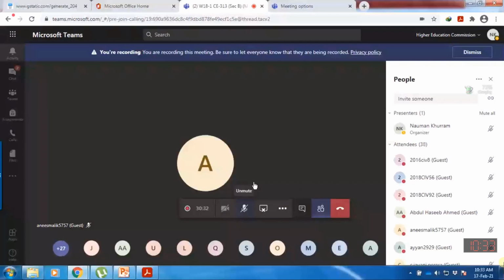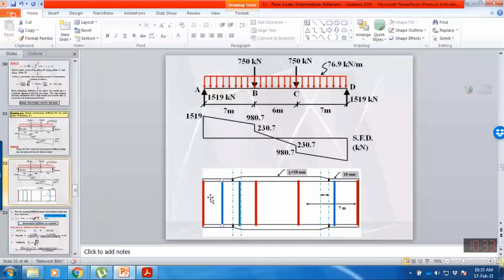Okay, after deciding spacing of first stiffener, we need to decide the spacing of second stiffener if required or not. So we will see that. Maybe let's suppose I'm deleting this or I'm just showing it over here. So we have decided the first stiffener. So you will see that shear force is reducing along the length, and in the center zone, applied shear is very less. So if I want to decide the spacing of stiffener in this panel, so maybe first I